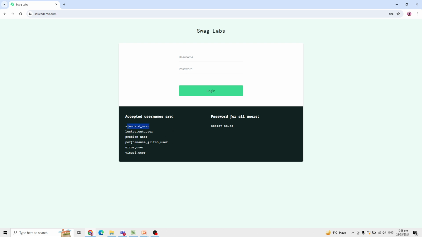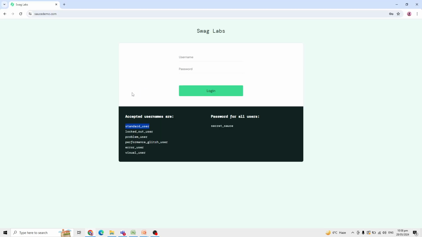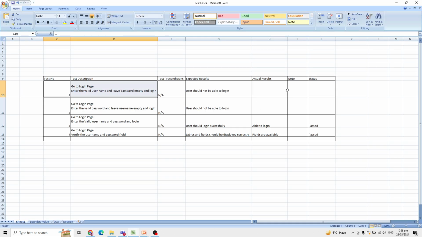So invalid thing, what happens? So now I'm going to enter a valid username. So let's see this test. Go to enter the valid username and leave the password empty and log in. So I'm going to enter the valid username and leave the password empty. See, password is required. Okay, so now this is working as expected, right? So now what we can do is, working error message displayed,